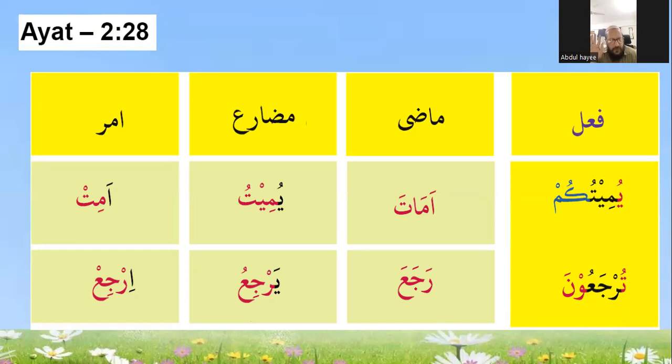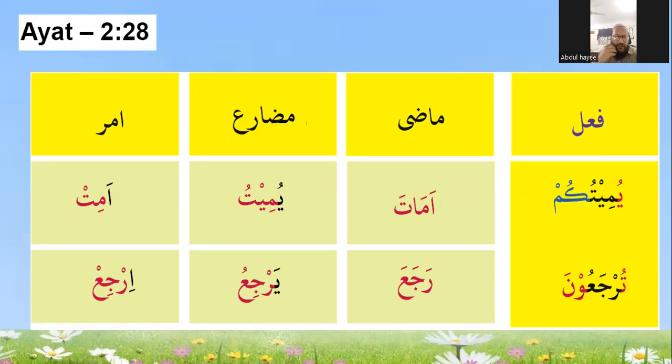Now you understand how you got the mazi from tarjum? Remove the ilamat mudari, waw, noon. Find out the root letters. Root letters are ra, jim, ain, simply rajim without any harkat. Now you know in the mazi the first and last letter always have fatah. So put the fatah. Now one is left, that is ain kalma, jim. Go to tarjum, find out the jim's harkat. There is fatah. Put fatah. So you got the mazi, raja.